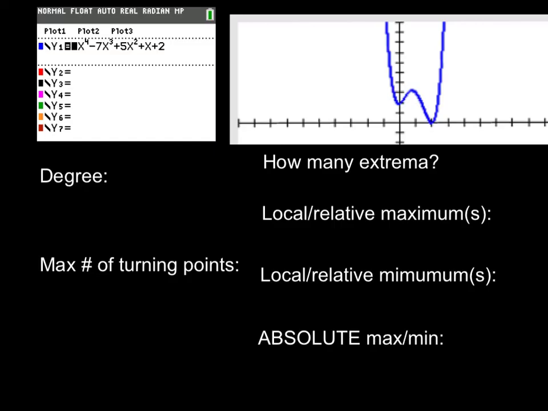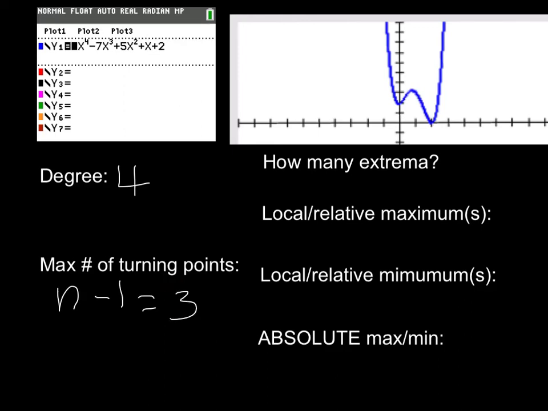All right, let's put this to practice. So on the left side here, we have a screenshot from a TI-83 Color Plus of a function x to the fourth minus 7x cubed plus 5x squared plus x plus 2. And on the right here, we have the graph of what that function looks like. So we can look at either the polynomial function itself or the graph and determine what degree it is. We have an x to the fourth, so our degree here is 4. Our maximum number of turning points here is 1 less than our degree, so n minus 1 gives us 3